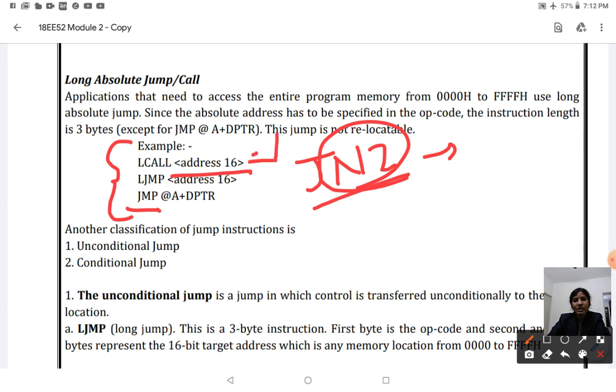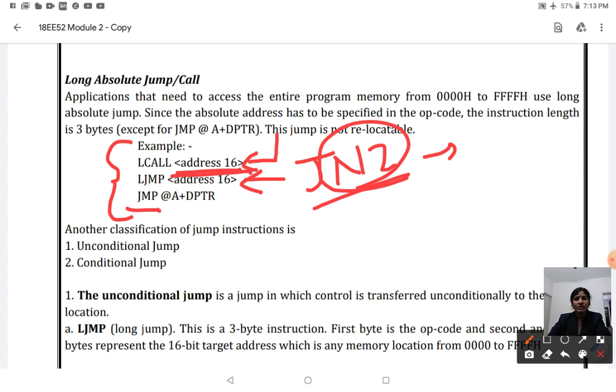When the assembler executes this particular instruction, the control is transferred to this 16-bit address without checking any condition. Same thing goes with LJMP, that is long jump, address 16. When your assembler executes this second instruction, it jumps to the corresponding address without satisfying any condition.